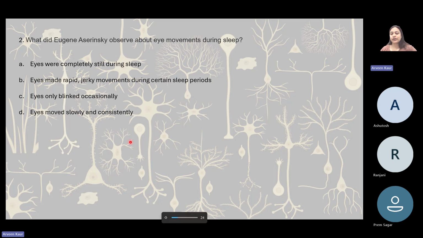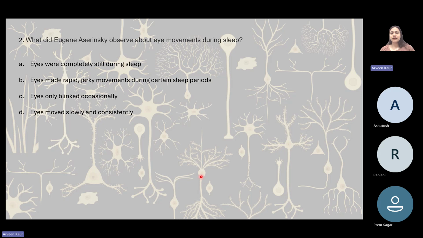Although you all might have gone through sir's lectures, even if you hadn't, now as a community we are much more aware about sleep and stages of sleep. You might be able to answer this anyway, right? So you know that there are multiple phases of sleep. There's a REM cycle, there's a non-REM cycle, even your gadgets, those smart rings, smart watches, etc. They monitor all these things, right?